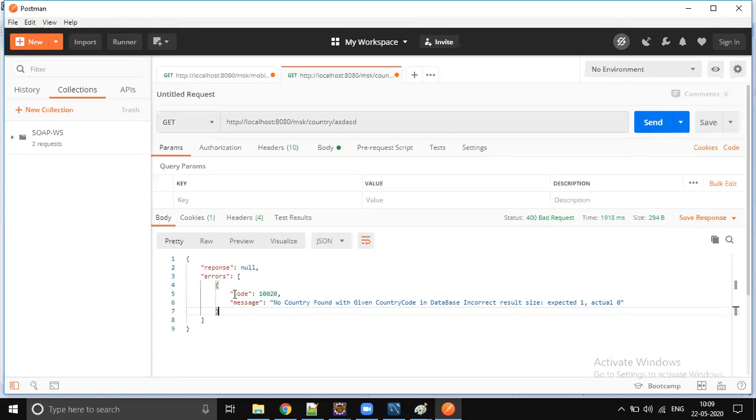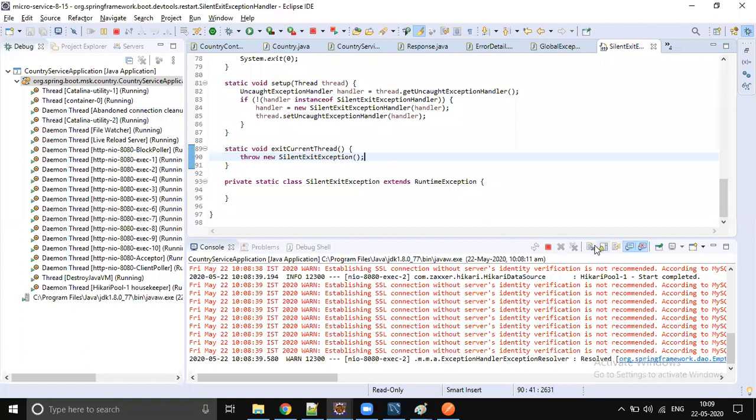If it is 200, then he has to take the data from the response. If it is not 200, then he should look into the error section, so what went wrong, that he has to check. Okay, so why is it an array list? Because sometimes we give more than one error, right? So that is the reason why we are putting an array. Okay, so this is how we should handle the exception, right?